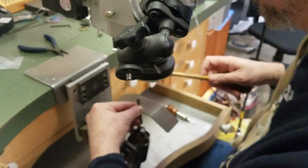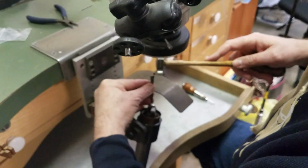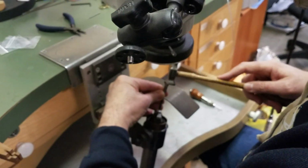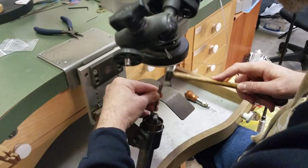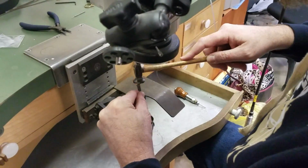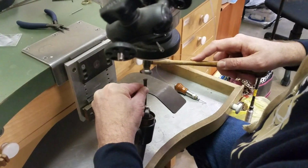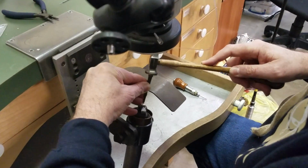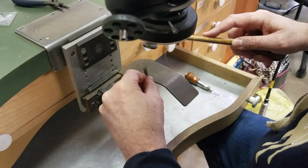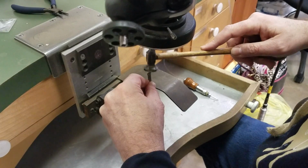I basically just hold it in my hand. It's nice and long, and we just gently tap. We sort of tap down. Obviously, you don't want to hit the stone, but this is great because it moves some metal quickly with some control, and it leaves a pretty nice finish on here. So this is my tool for bezel setting,